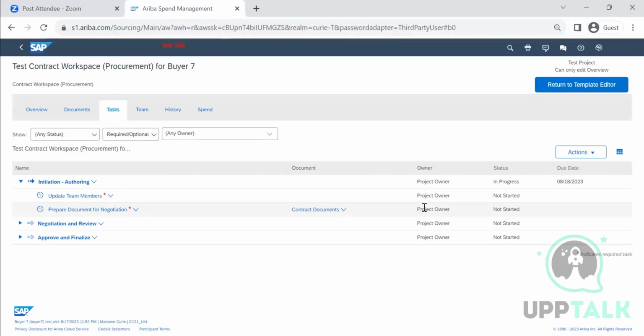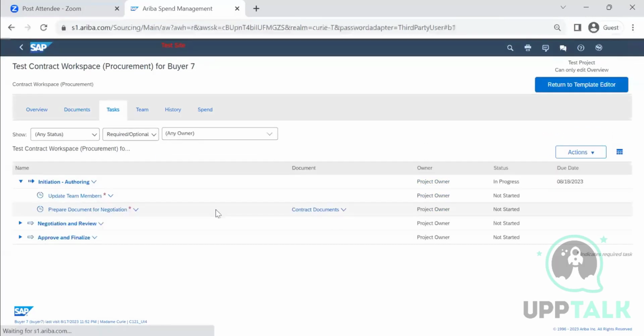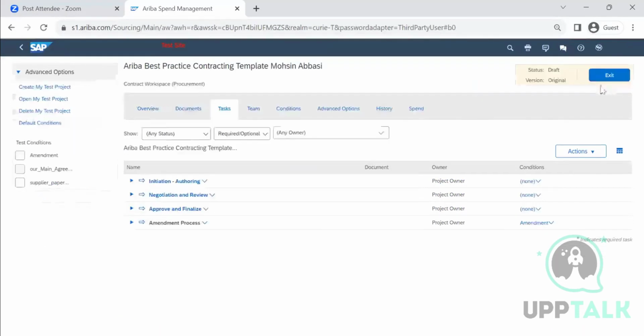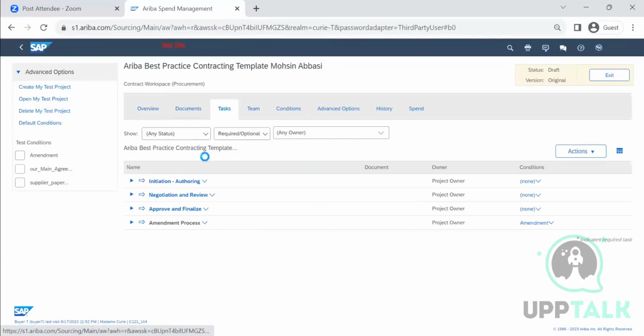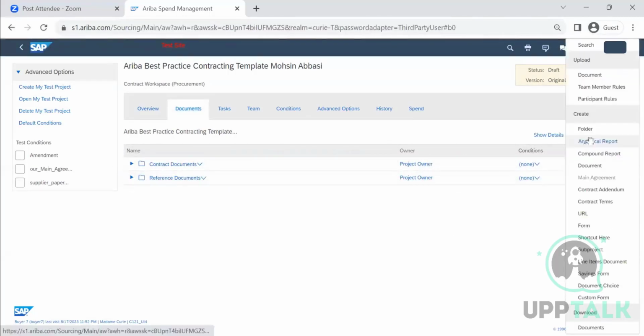So for that reason, I'm going to documents, task, action. I'm not in an editor, so I'll go to return to template editor, going to the task, action. Now I want to make an approval if the item is for budget, capital expenditure. How do I get this capital? I'll add a document called upload document,